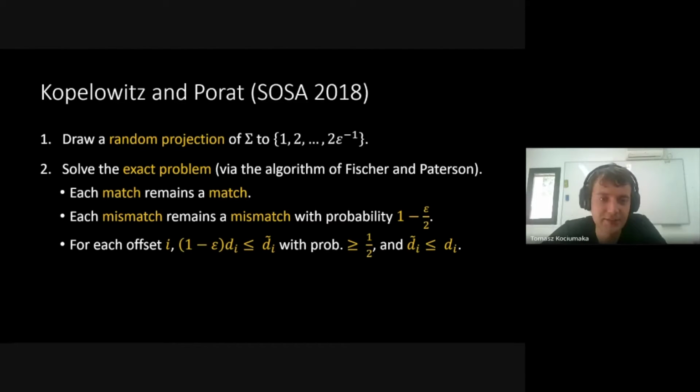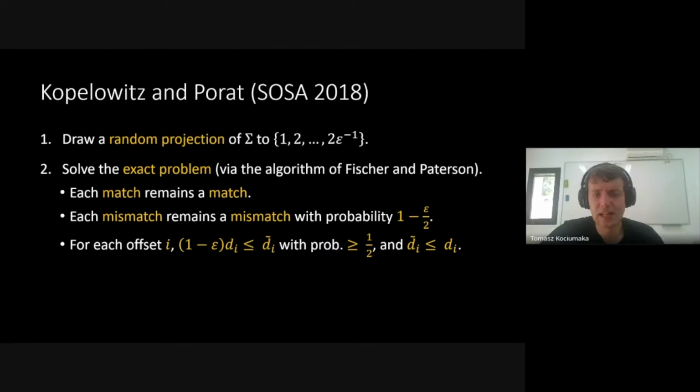And now we can use Markov's inequality to show that the distances after the projection, which will be our approximate distances, are with probability at least half larger than the original Hamming distance. And this holds for every single offset i. So for every single offset, with probability at least half, this is a good approximation. And this is also a one-sided error because matches remain matches,